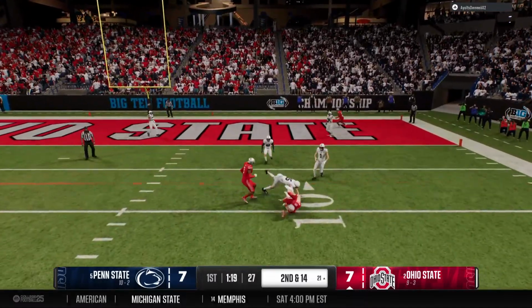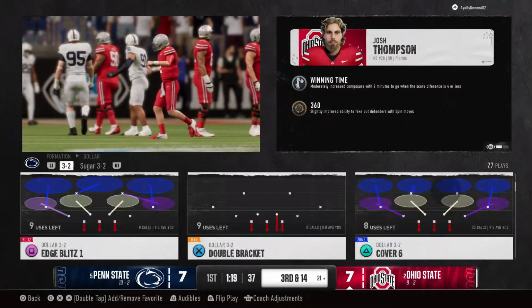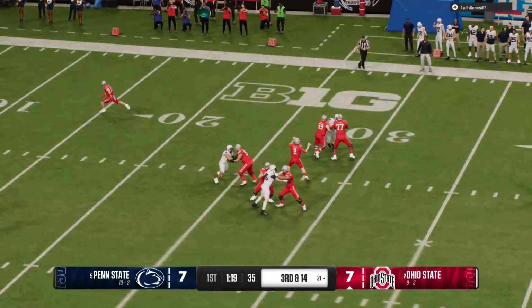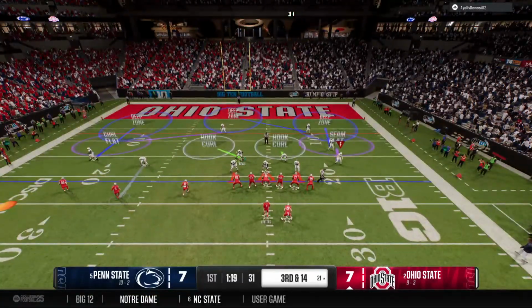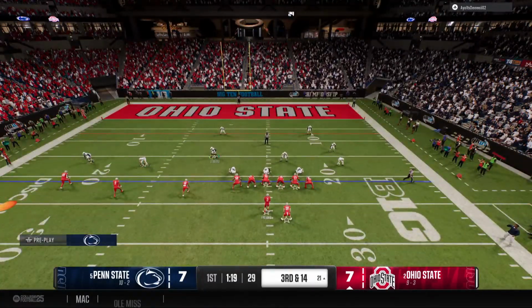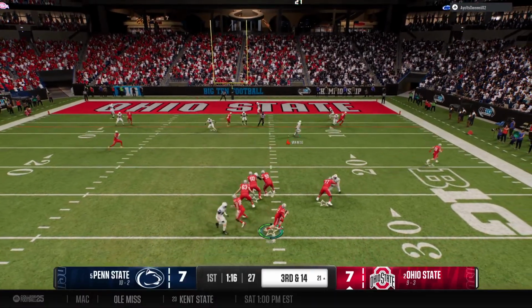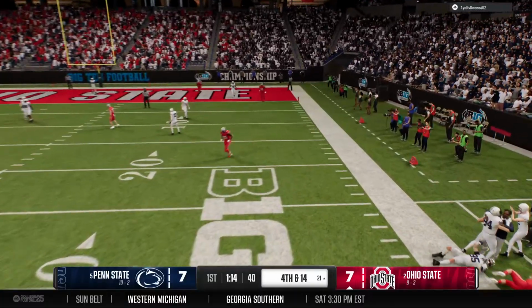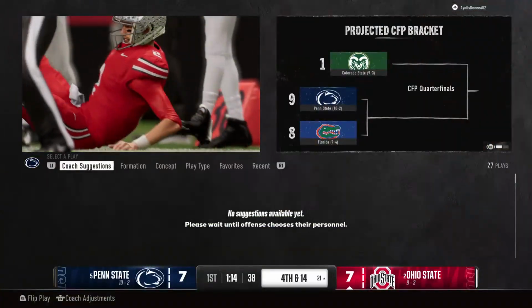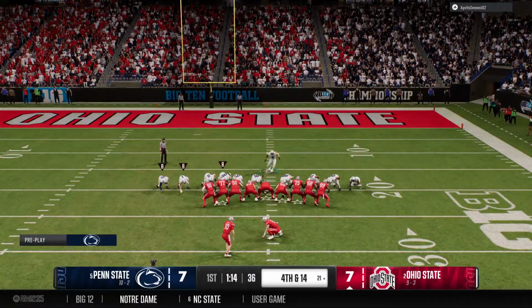Throws it to the right. That one falls incomplete. Looking for a flag, doesn't get it. Brings up 3rd down. Everything about this play tells you about today's offenses and what they're asking out of their running backs. You can't just be a guy who runs the football anymore. You have to be able to catch it as well, and he didn't do a very good job of it on this play. Heavy pressure, he lets it go. Oh, that's just a throwaway there on 3rd down, and now a 4th down play coming up.